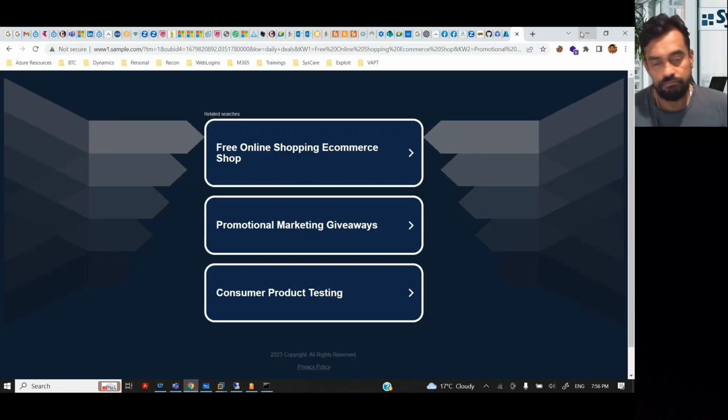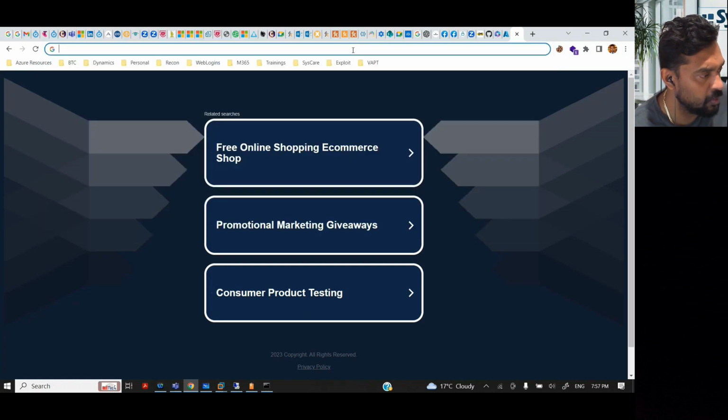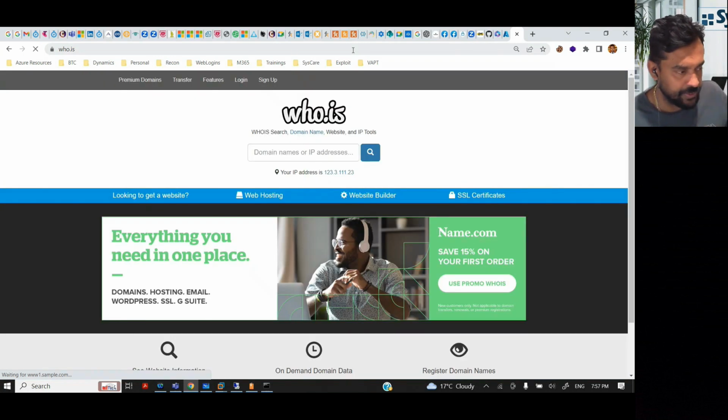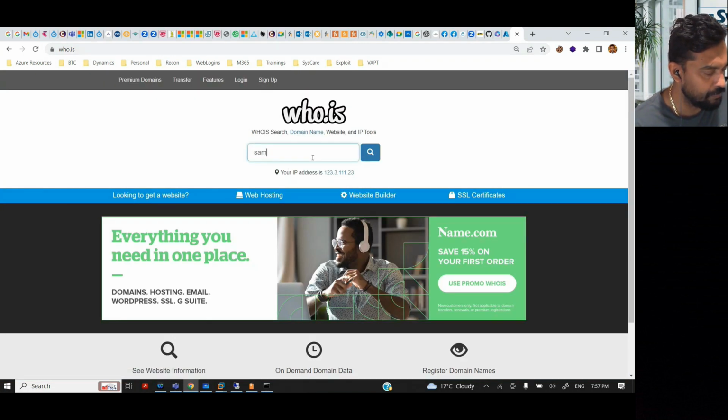Now this is the complete simple setup. So when it comes to investigation, we will need to find out the IP address related information, DNS queries, all these. Okay. So for example, if you want to find out, one thing we can do is, if I do WHOIS, sorry, if I type sample.com,